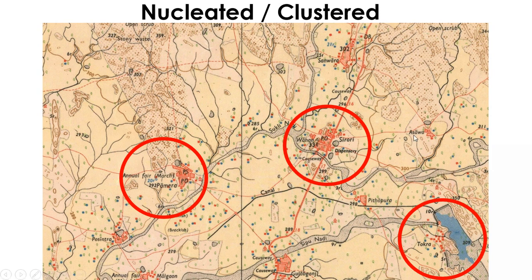If you look into this one, here also you can see settlements are clustered around a temple. Here also settlements are clustered around this one particular point. Some large factory or something is there, then temple is there. So the buildings are clustered here. And in the south also we have another settlement. Here also all the buildings are clustered at one point. Then this one. So these are called clustered or nucleated settlement pattern.